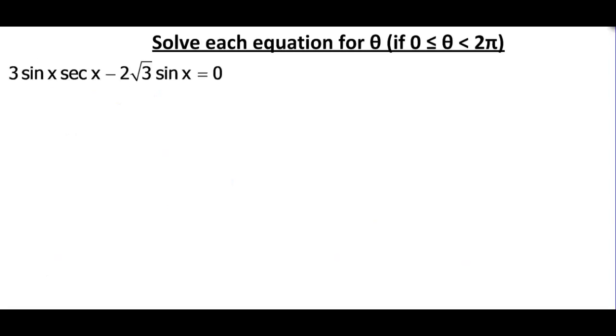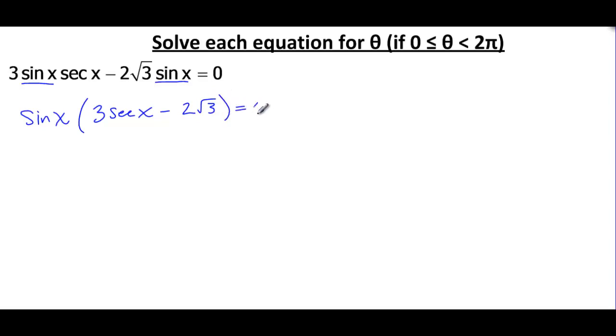So let's look at our third example. Getting a little bit more complicated. If you see, I have 3 sine x secant of x minus 2 root 3 sine of x. So hopefully from doing all our identities, you can see that there is a sine of x in both of these terms. So I'm going to actually factor that out. I'm going to factor out a sine of x, and that leaves me with 3 secant x minus 2 root 3